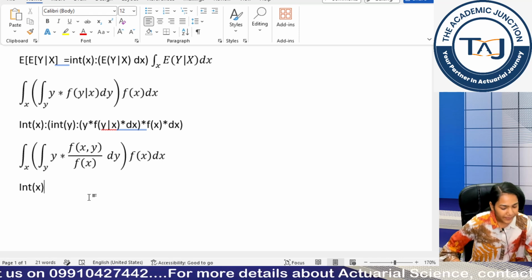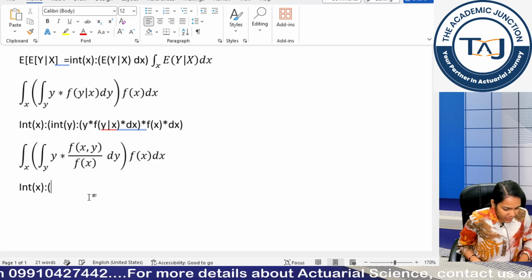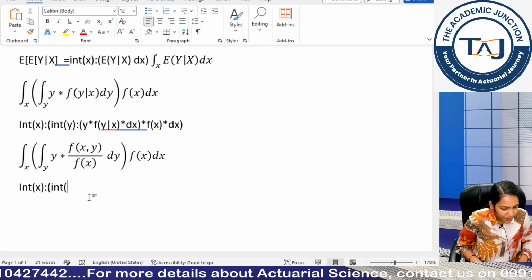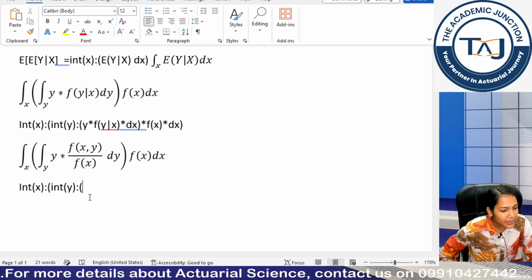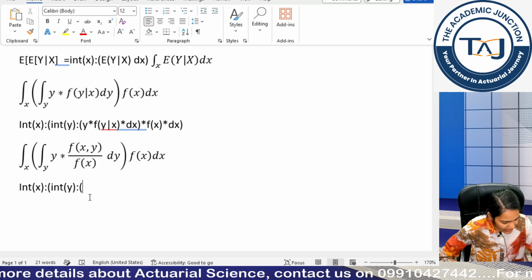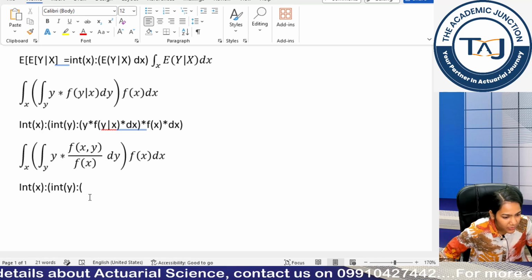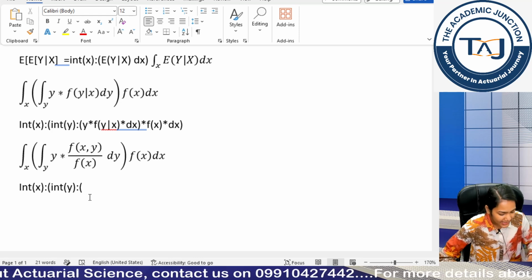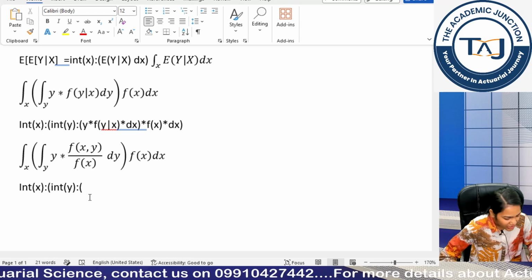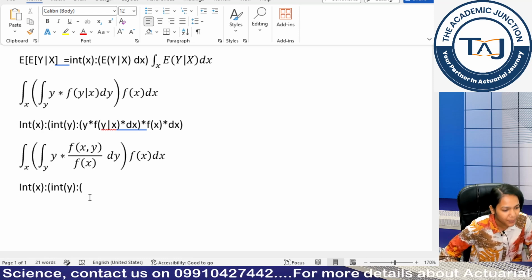Clear? Then brackets open, int, brackets open, y, control z. Let me tell you from my own experience, I was comfortable with control shift plus throughout my preparation time. But at the exam time, my shortcut automatically changed from control shift plus to control plus only.